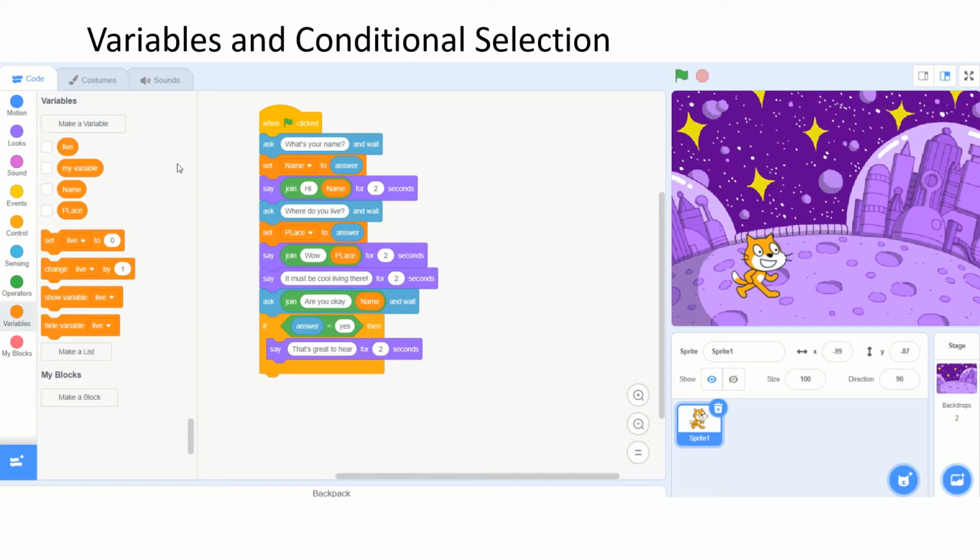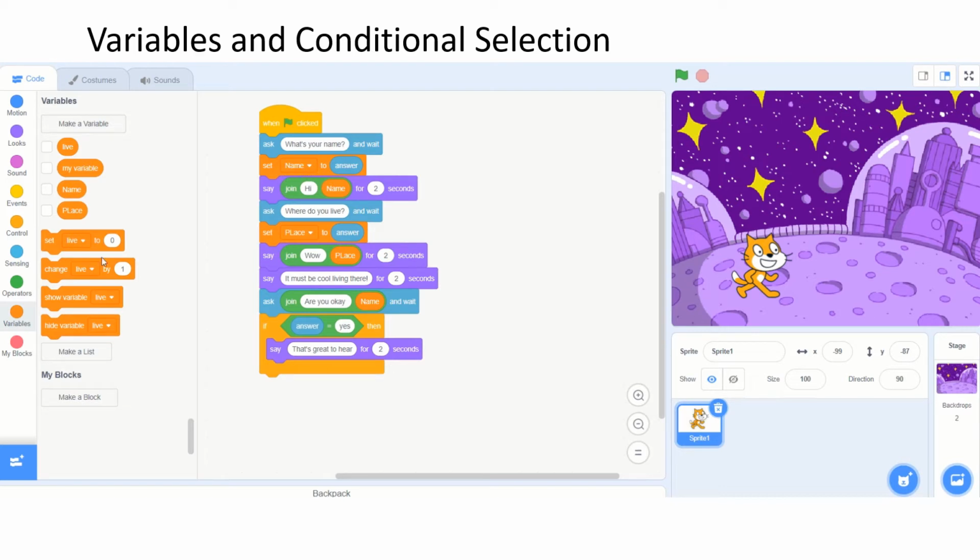In a program, we are going to name our variables dependent on what the question is that we've asked. So this question is, what's your name? So we're going to set the variable to be called name, and that answer will go and be placed in